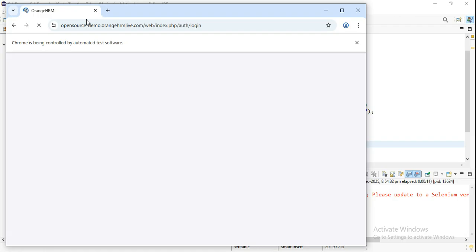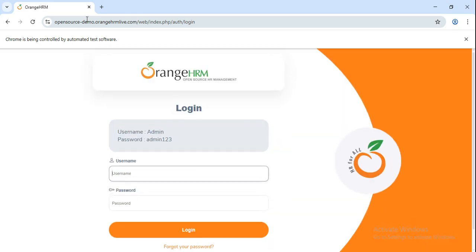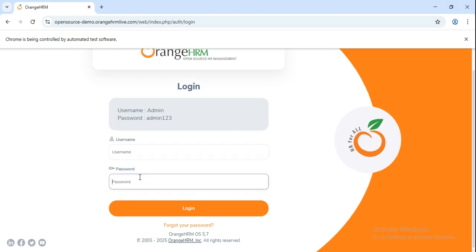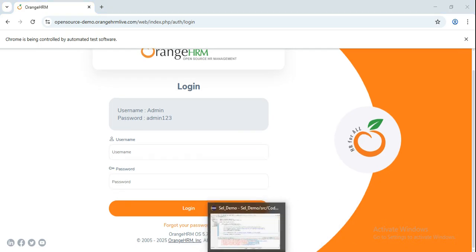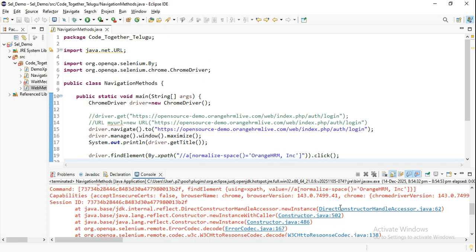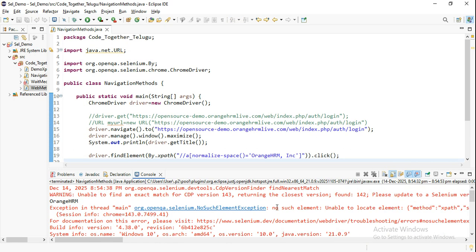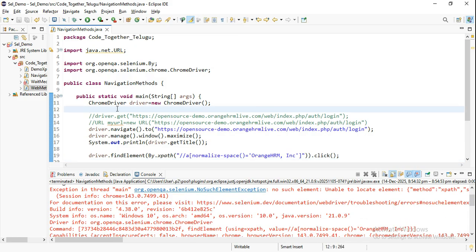Maximizing the screen. Oh, it's taking a lot of time. It's not loading also. It is not able to identify. No such element exception, unable to locate element. Maybe because of, what is that, because of